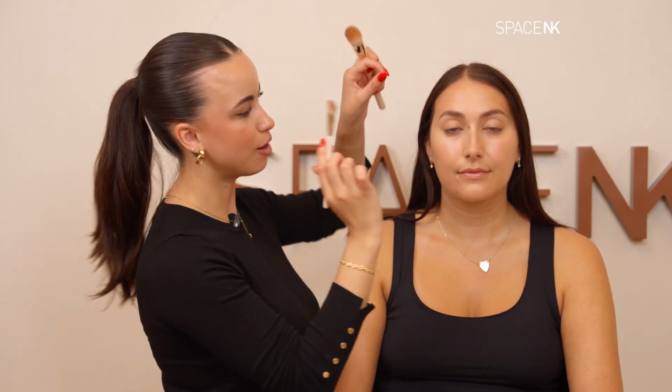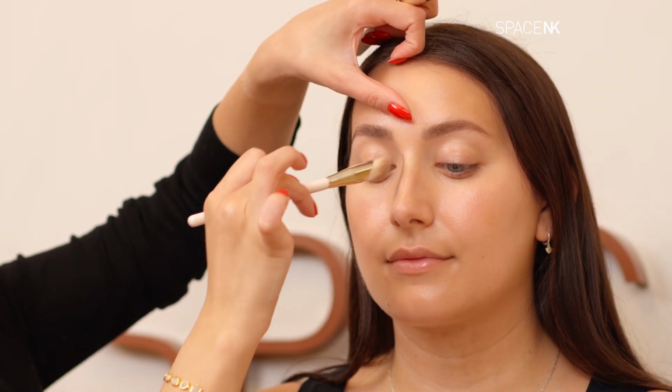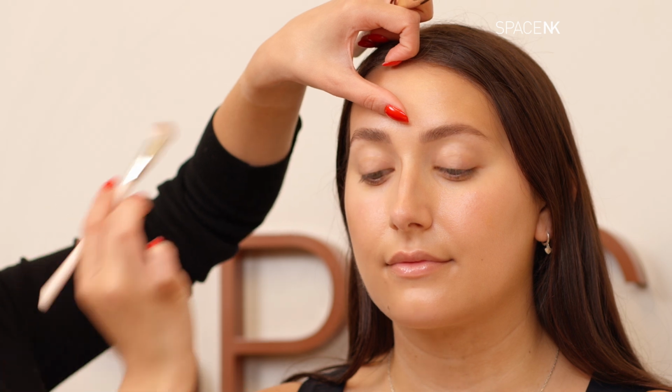And now for the nose. So you can use the tip of the angle of this brush, or we can go in with a smaller concealer brush depending on your confidence and your preference. I like to go in with a smaller brush because I feel like it gives me a little bit more room for error. And we're going to tap and very softly diffuse that pigment down the bridge of the nose